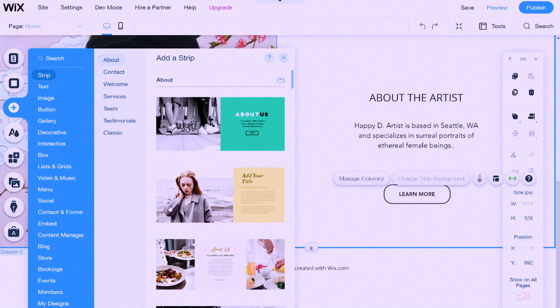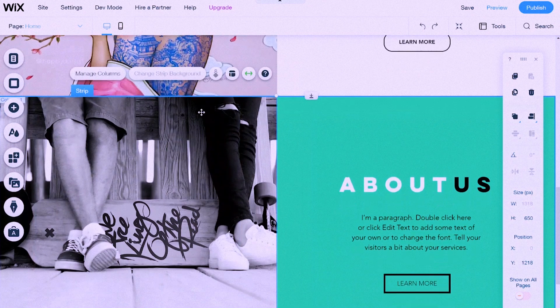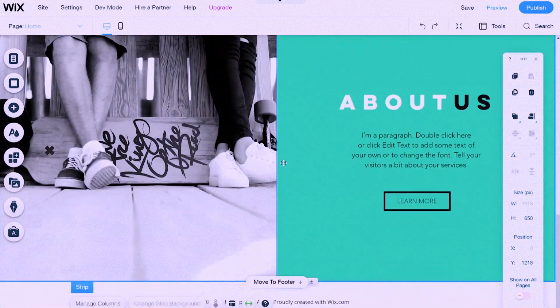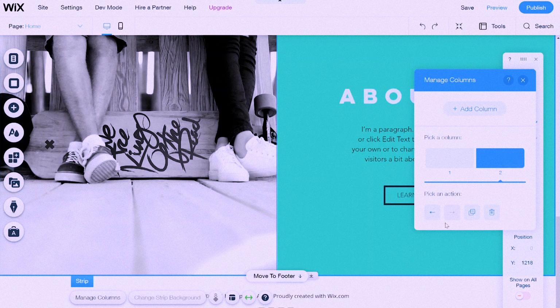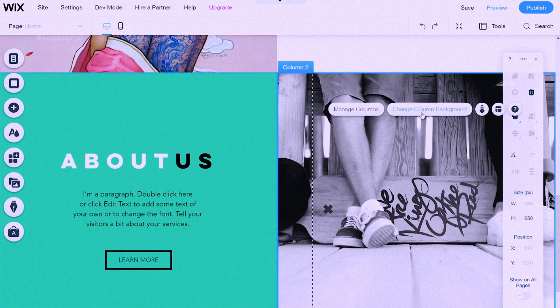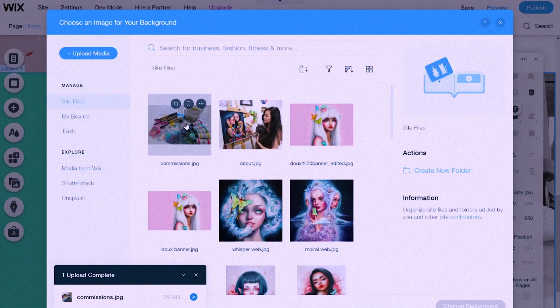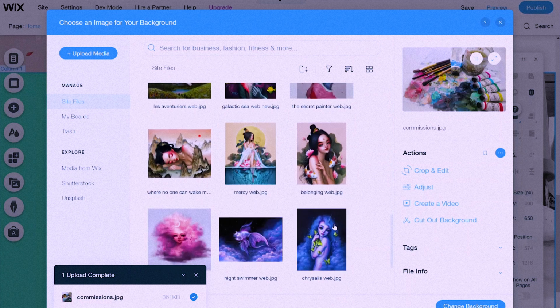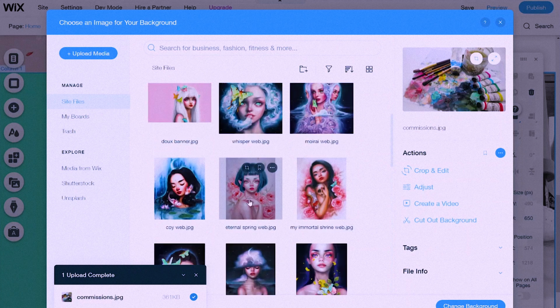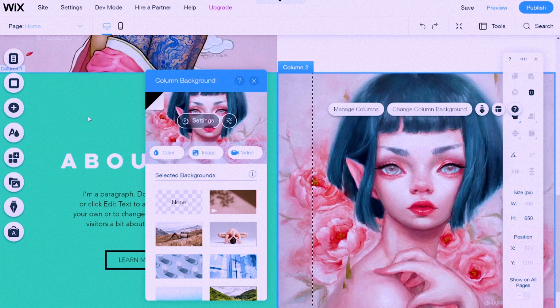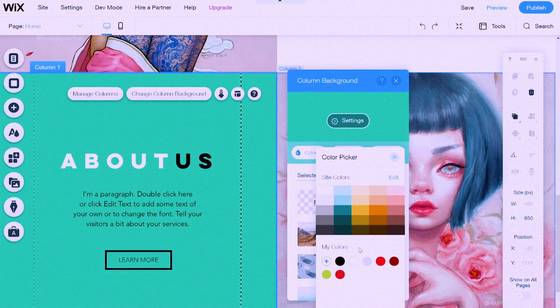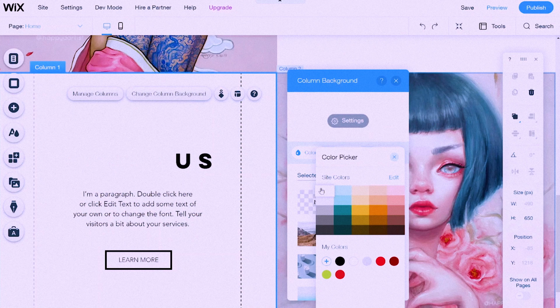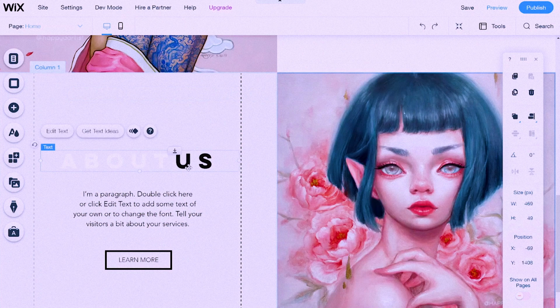And of course, as you've probably already guessed, I will now return to my homepage to add a little preview strip of the newly created commissions page. I'm going to select the same style that I used for my About strip, but I will just flip the position of the image and text so that the 2 strips create a kind of grid pattern when I place them together. I just think it looks more visually engaging this way.